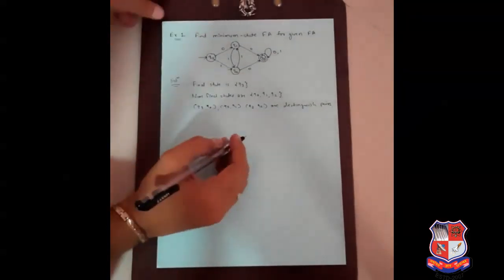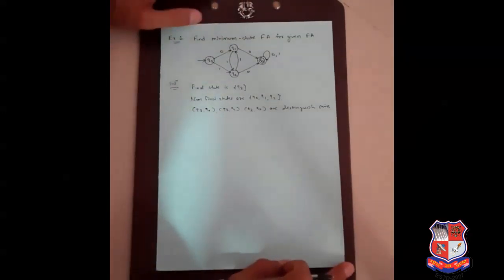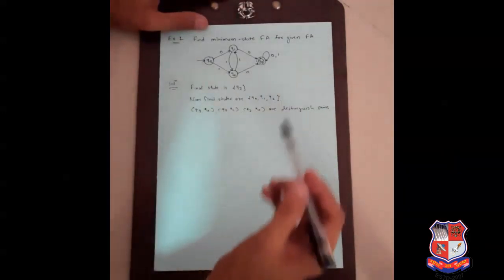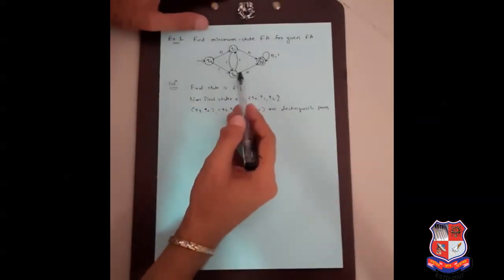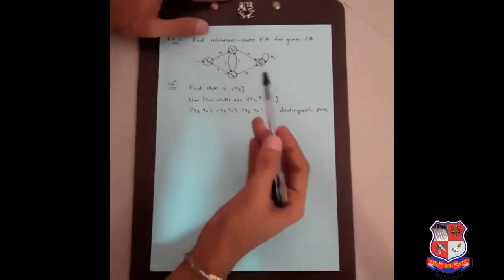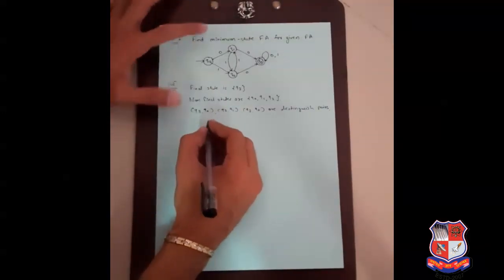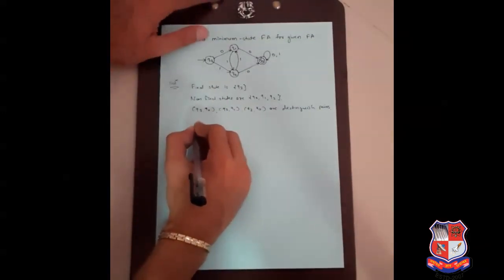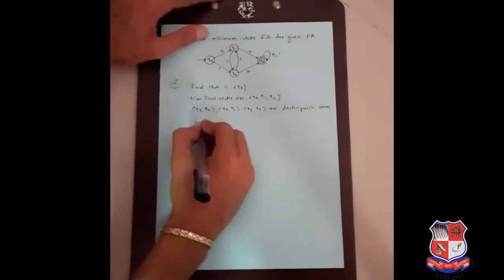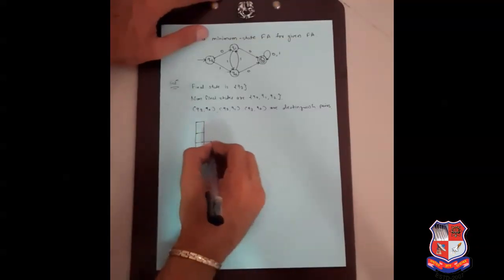Now we are moving towards the next step. In the next step we have to make a table. See, the table rows and columns depend on the number of states in the question. Now there are 4 states in our question, so we have to make a table of 3 by 3. Means the number of states minus 1. If we have 7 states in our question, then we have to make a table of 6 by 6. Here states are 4, so we are making a table of 3 by 3. We have to make a table in this way: 3 rows, 3 columns.